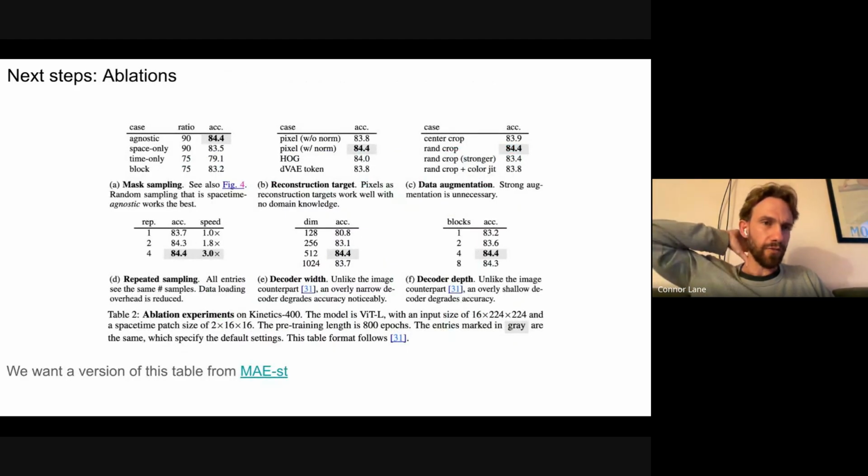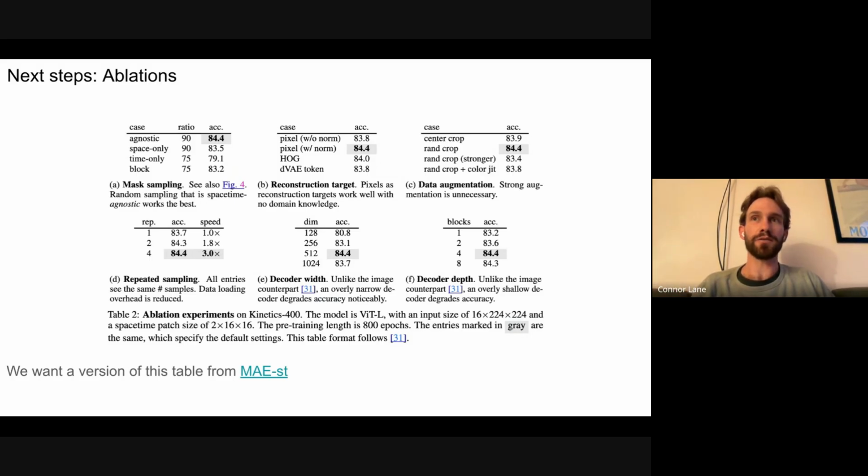And then the last immediate thing that we need to do is a bunch of ablation experiments to figure out what is the best way to train masked autoencoders on fMRI data. So we're adopting this masked autoencoding framework from the literature. And the original authors of MAEs did all these ablations of masking ratio and data augmentation and how exactly to formulate the loss and all sorts of things to figure out what configuration works best for natural images and video.